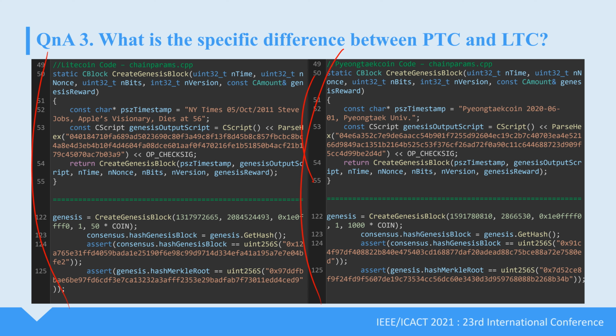Change the timestamp value on line 52 and the public key value on line 53 to the newly created public key value. Line 122 is the code for generating the Genesis block, and line 123 obtains the hash value of the Genesis block. And line 124 verifies the integrity of the Genesis block by comparing the obtained hash value of the Genesis block